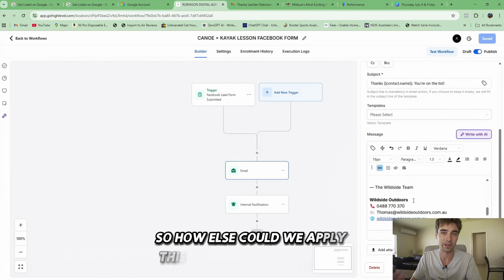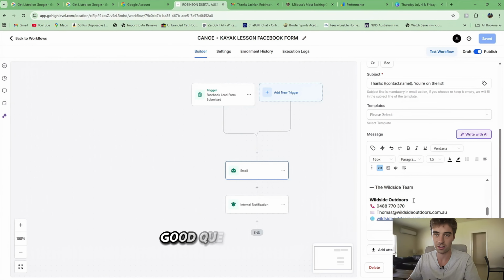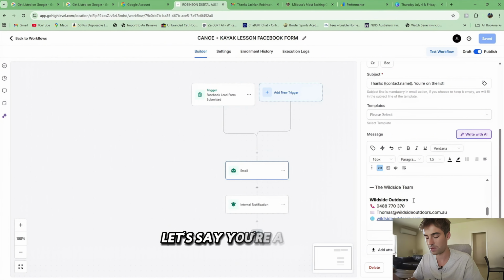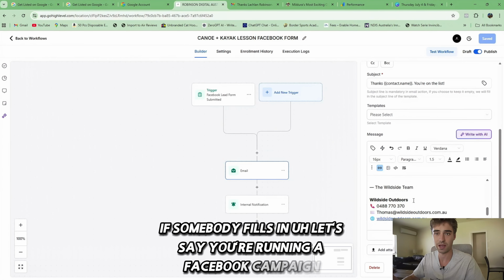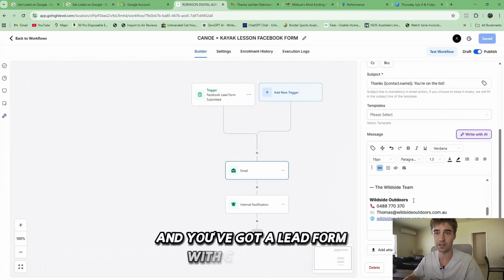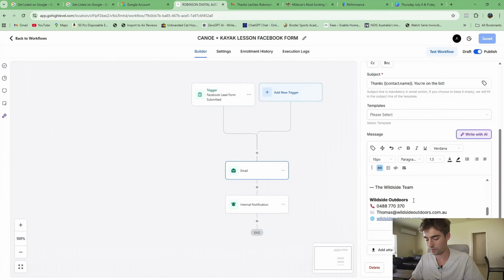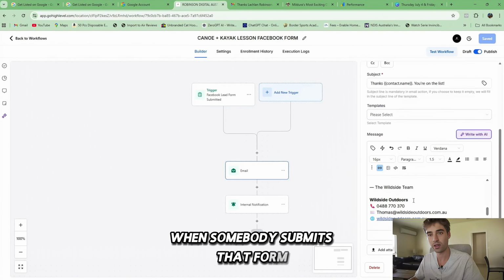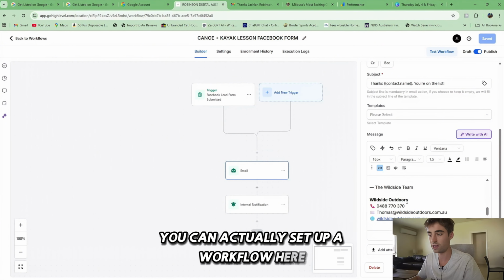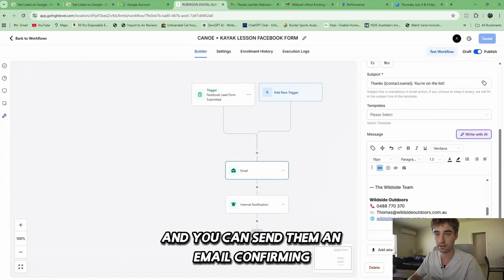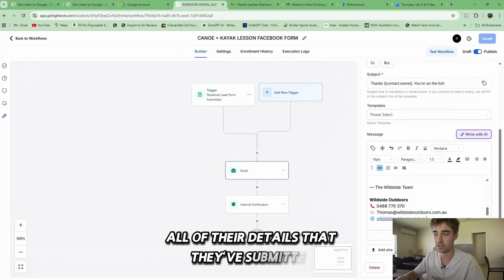So how else could we apply this to any other industry? Good question. Let's say you're a plumber or a painter, for example. You're running a Facebook campaign and you've got a lead form with custom fields, like first name, last name, house size, how many rooms, for example. When somebody submits that form, you can set up a workflow here, very similar to what I've done here, and send them an email confirming all of the details that they've submitted in that form,